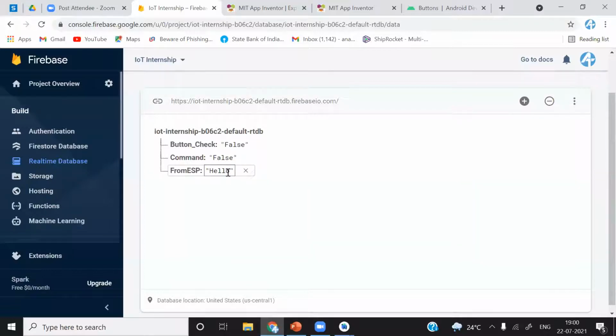I'll simply change it to some numbers. I'll just type some random numbers. I will hit enter. Is it visible? You can see that.